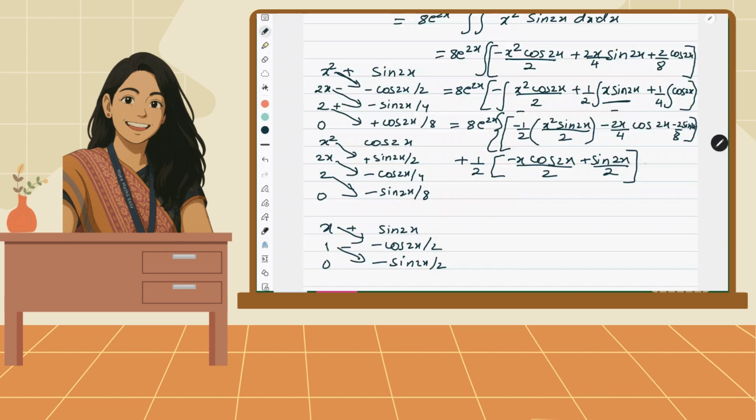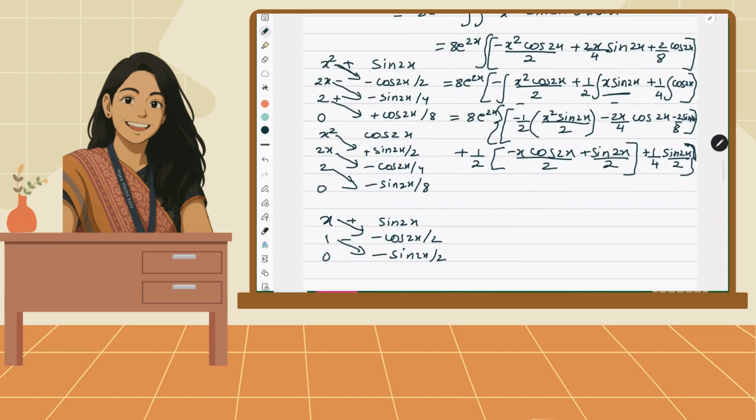Now come to the third one. And third one, if you observe, it is simple, one single term. So integration of cos 2x is sine 2x upon 2. So now you can close the curly bracket. Right? Now let us write down all the terms and check what we are getting. Okay, so I'll write here only. I'll just draw a line here to show that this was the simple integration I was teaching you.